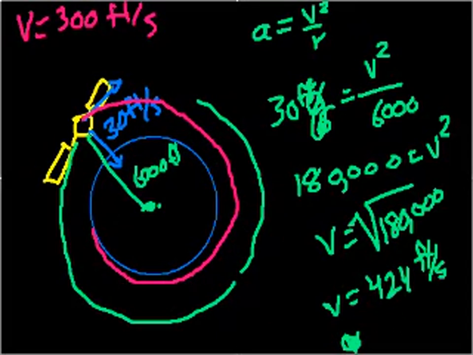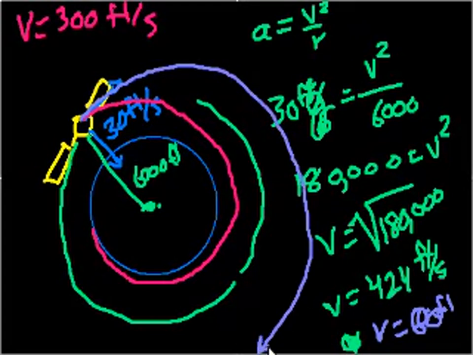And then what happens if its velocity is too fast? What happens in the case where its velocity is, I don't know, 600 feet per second? Well, in that case, the object will have enough velocity to actually escape the orbit of the planet. But anyway, that's enough. I'm actually out of time, so I'll